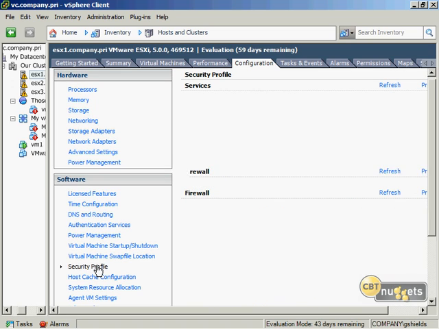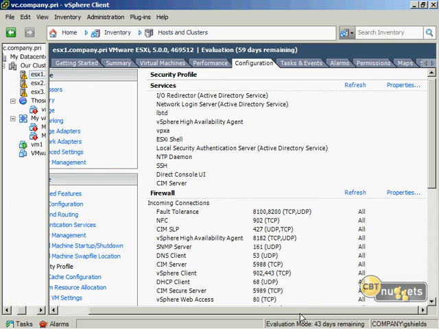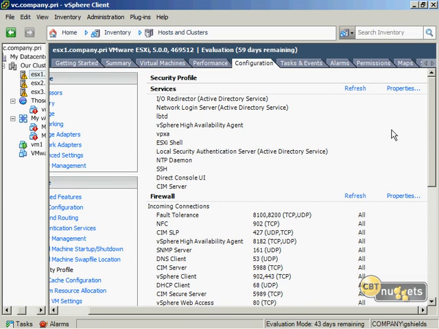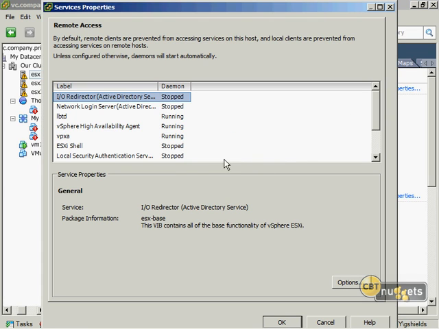The first of which is security profile, which we're taking a look at over here on the right. The security profile for an ESX host provides a location for you to identify what services are up and running or shut down, and what firewall connections are up and running based off of the pre-configured firewall connections that are available in the interface. So first, taking a look here at services, if I view the properties here,